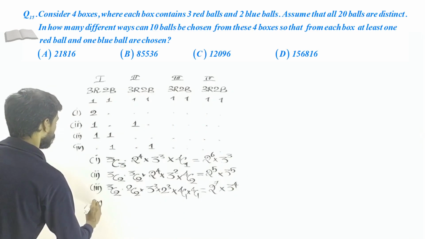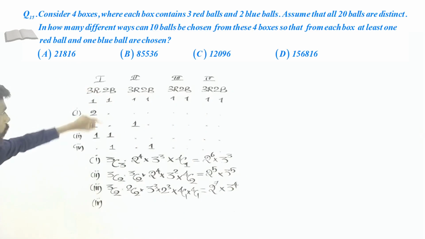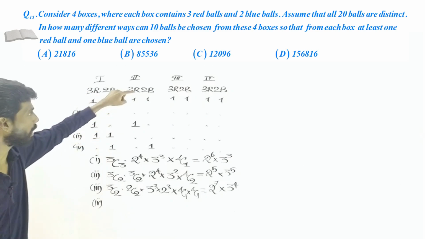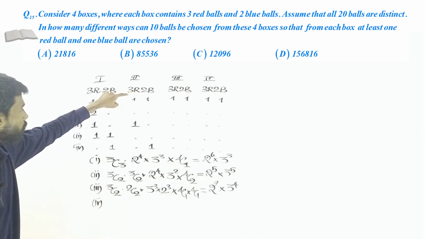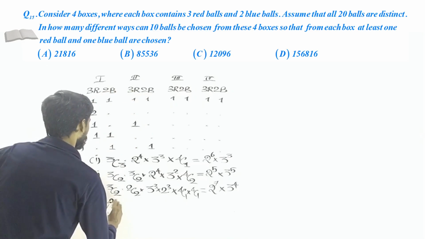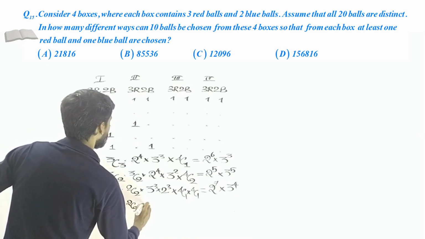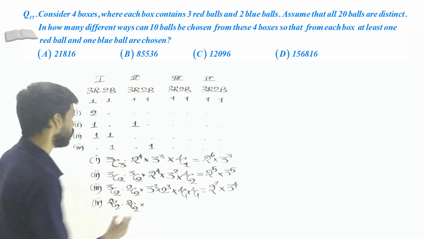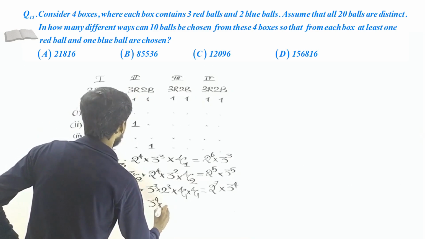Now the last case. Here we have blue balls. With 2 blue balls selected, that means 2C2 from each box, 2C2 and 2C2, and from the remaining boxes just 1 ball, so 3C1, that is 3 to the power 4, multiplied by